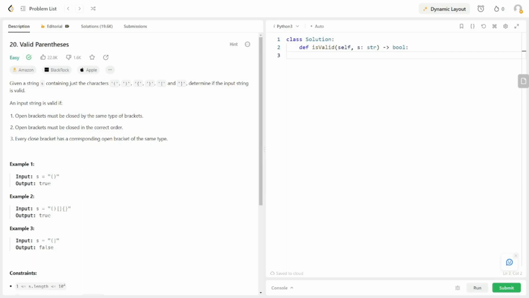Hello everyone, let's look at LeetCode question 20, Valid Parentheses. In this question, we're given an input string S containing the characters open and close parentheses, braces, and brackets, and we have to determine if the input string is valid. The input string is valid if three conditions are met, which are that the open brackets must be closed